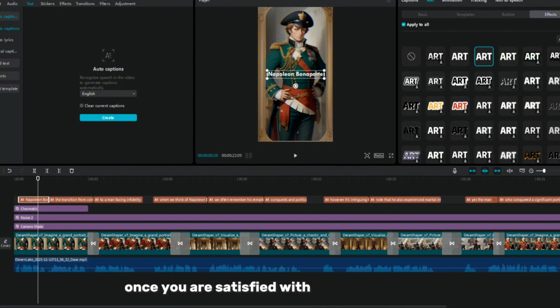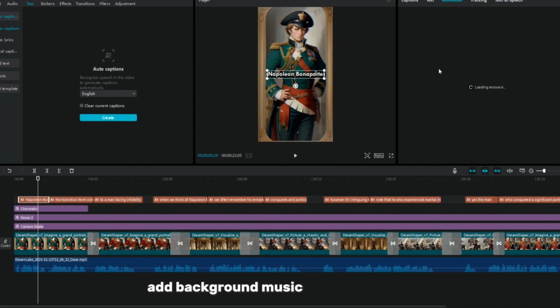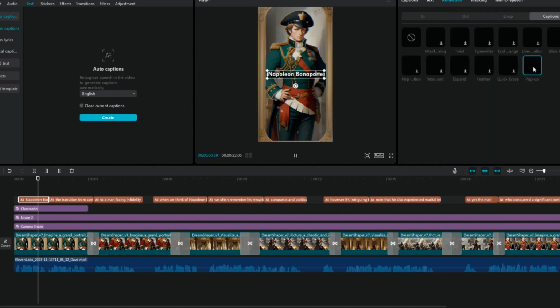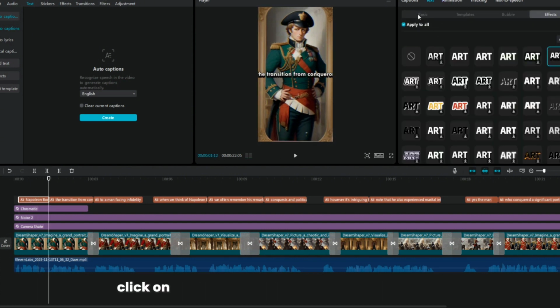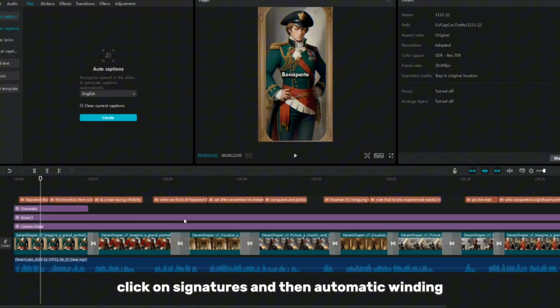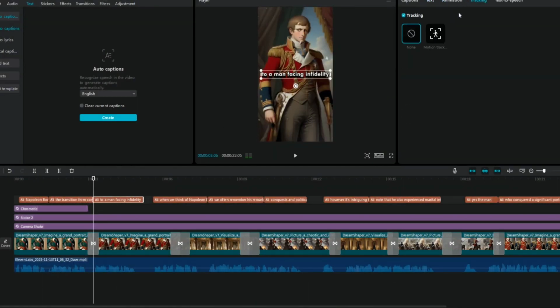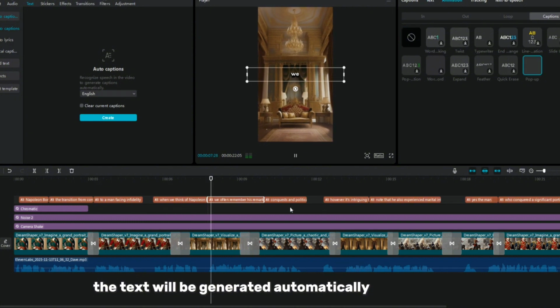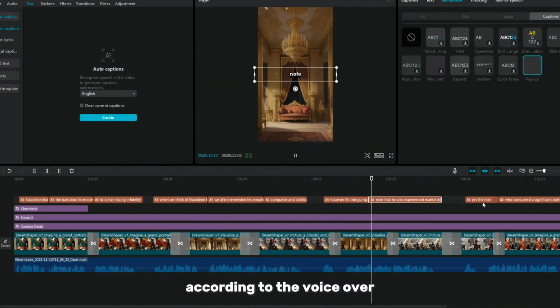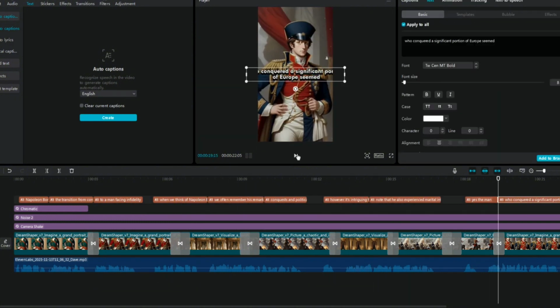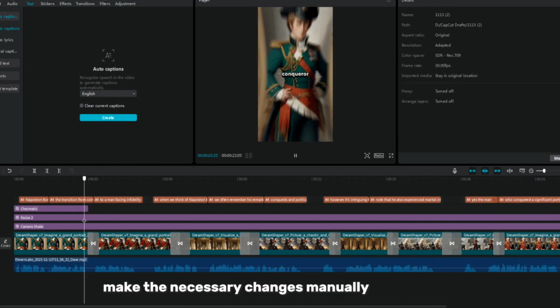Once you are satisfied with the visual effects, add background music and pop-up text. Let's add text. Click on Captions and then Auto Captions. The text will be generated automatically on the screen, according to the voiceover. Make the necessary changes manually if necessary.